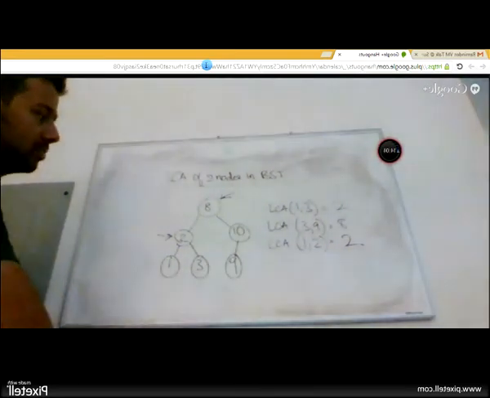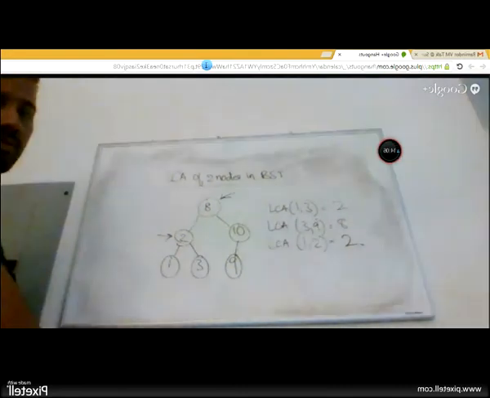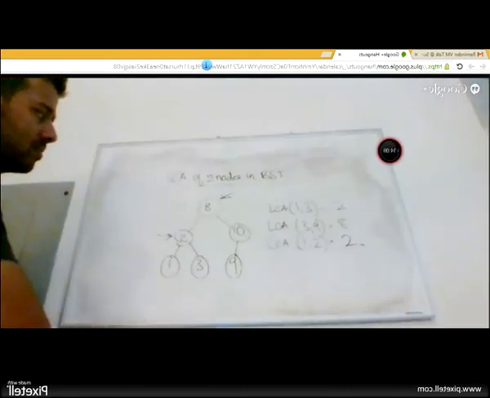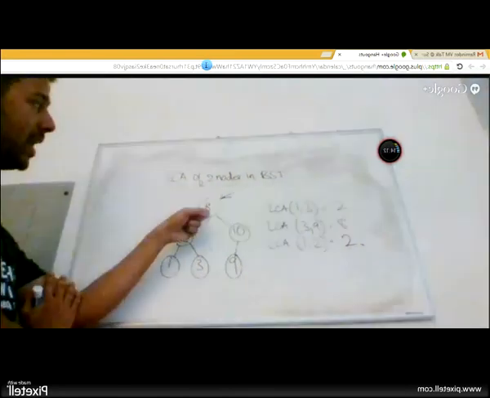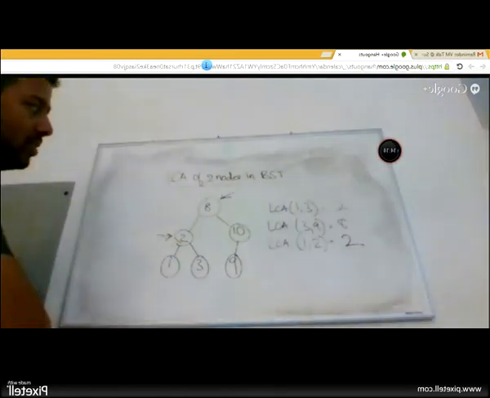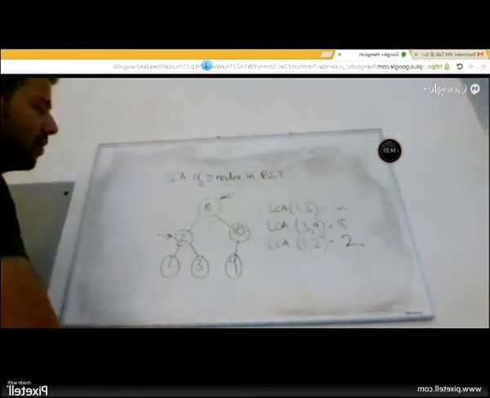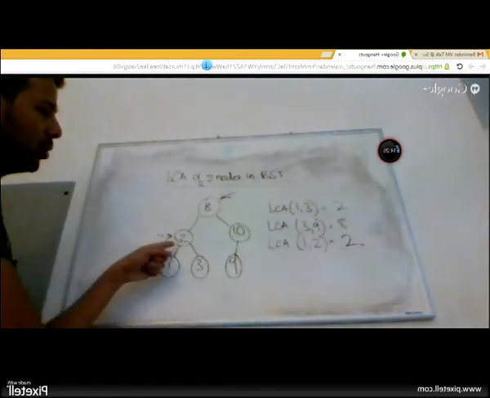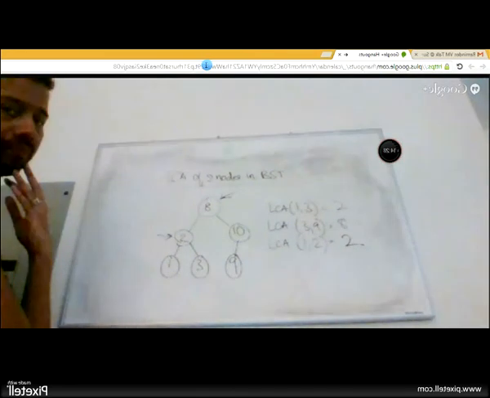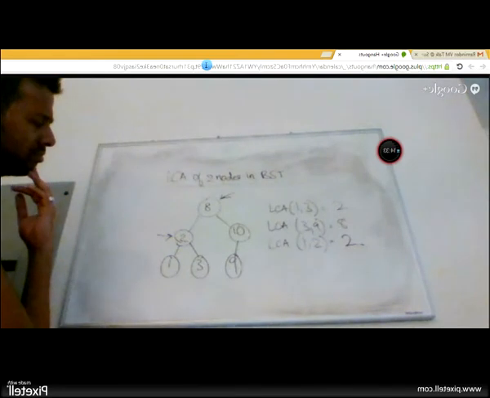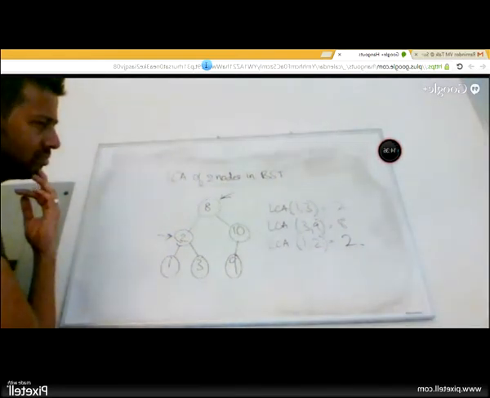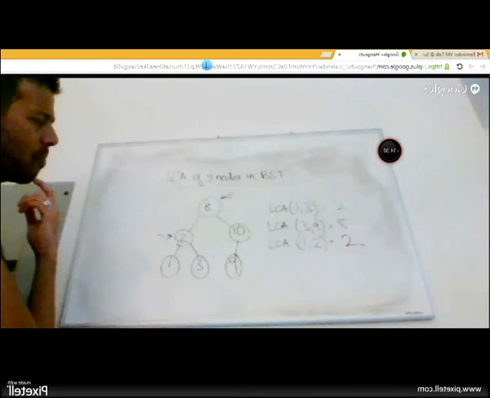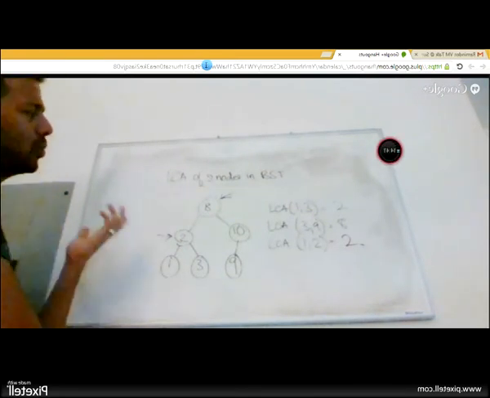You traverse left, right? He means to update the least common ancestor to that parent. So you actually had 8 as an LCA before. Yes, 2 will get updated. It'll get updated to 2. Okay. So I have updated it, and then where do I go? Left or right? Compare with 1, you go left. When you compare with 3, you go right. There are 2 comparisons, since you are giving 2 integers.